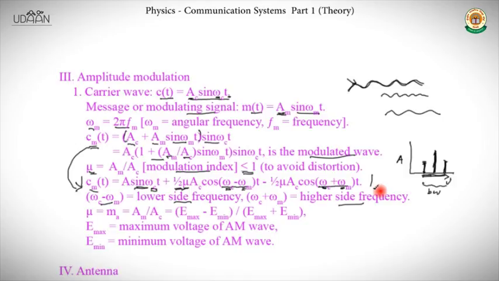Next, mu is equal to A_m by A_c, as I already told you, which is equal to E max minus E min, that is the maximum voltage of the AM wave minus